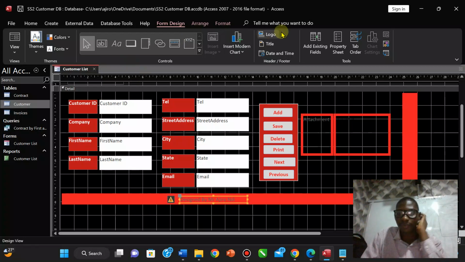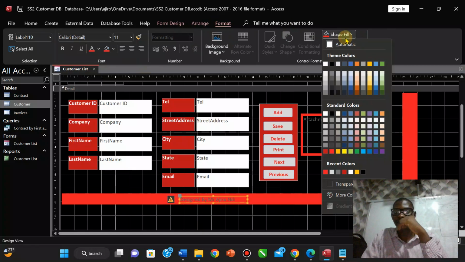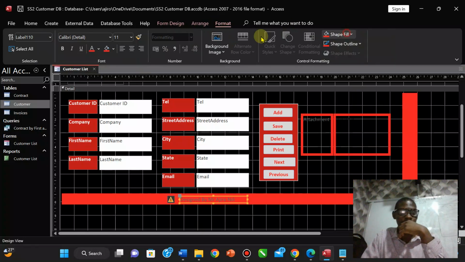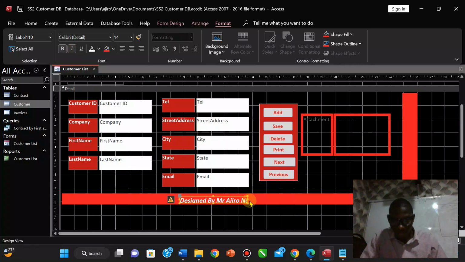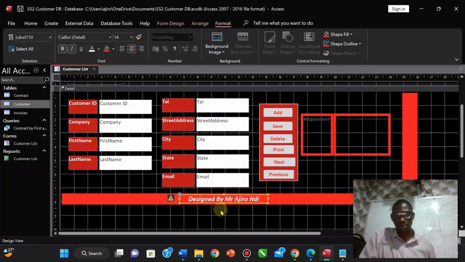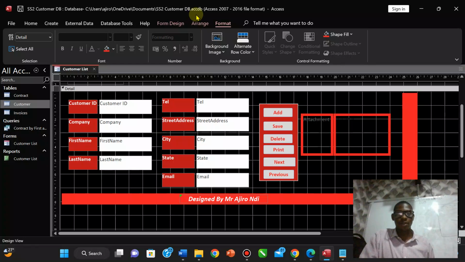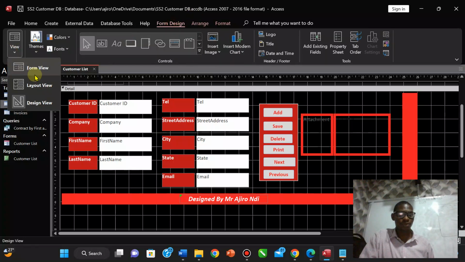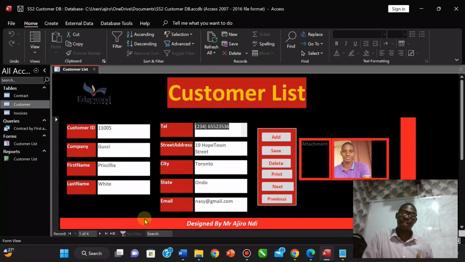Okay, and then we can type under the format. We have the fill. Now we have the text color here. We're going to make it white, and we're going to make it bold. 14. Italics. Okay, so we have this. Just going to make it centralized. Okay, and now if we go to design and we switch to form view, we should have this designed by